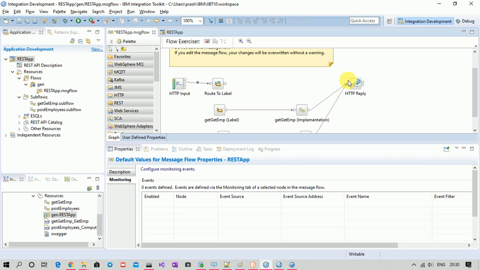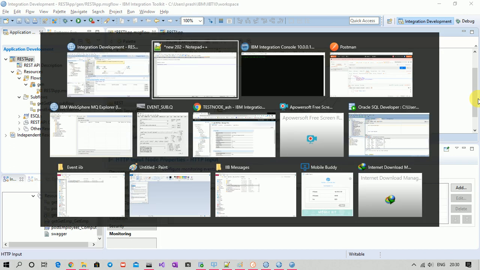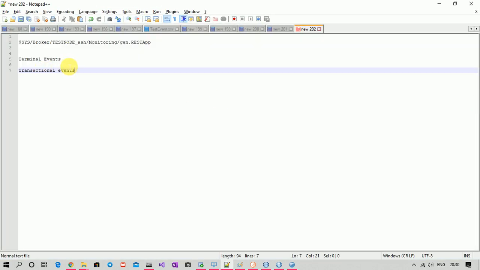In a similar manner, it can also emit the transaction end event message and transaction rollback. So transactional events are always controlled by IIB using the input node only. Okay, so we have two types of events: terminal events and transactional events. Whatever I am speaking theoretically will be pretty much clear when we do a practical example.